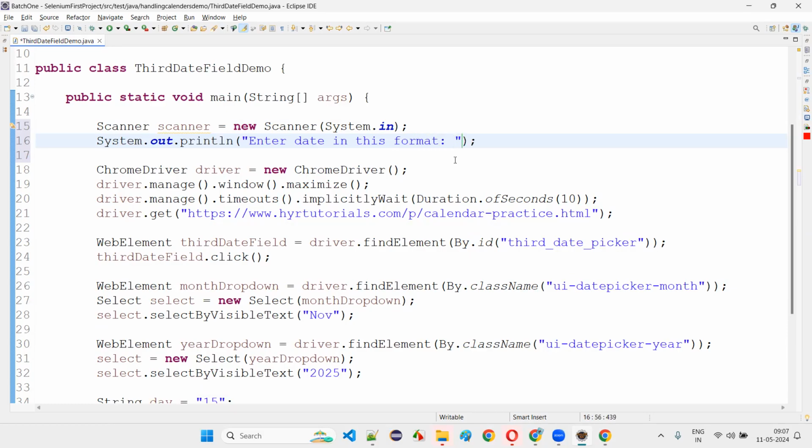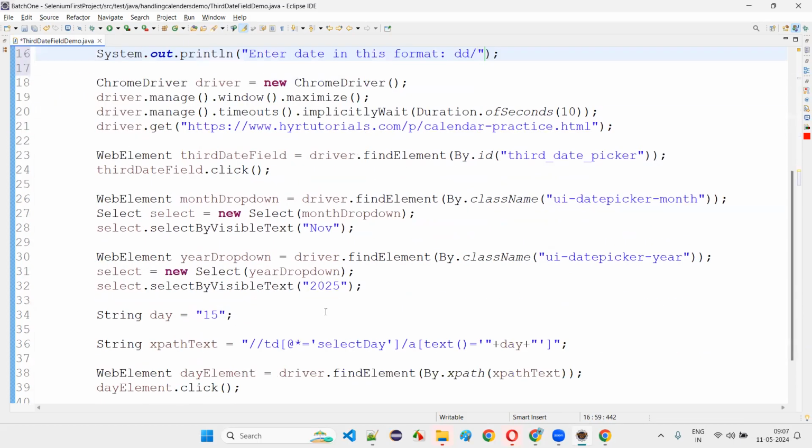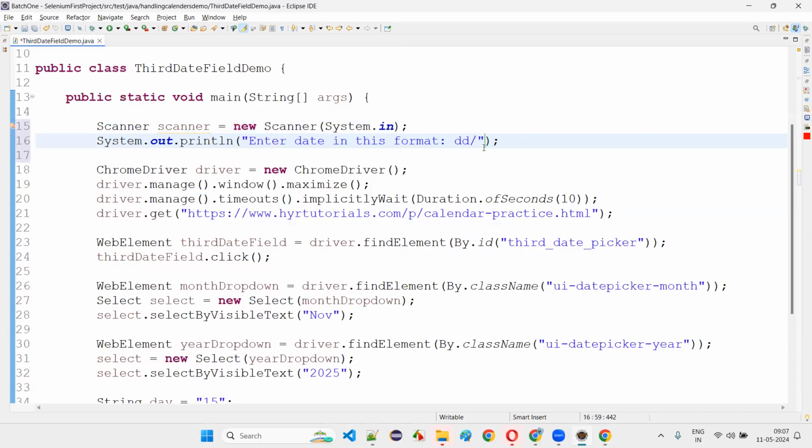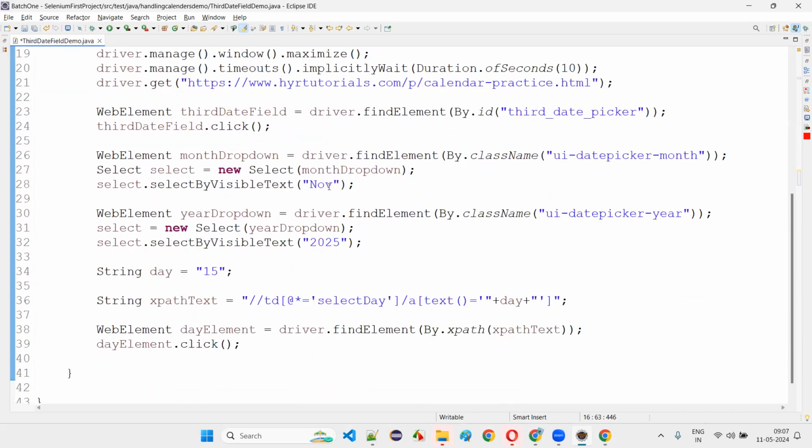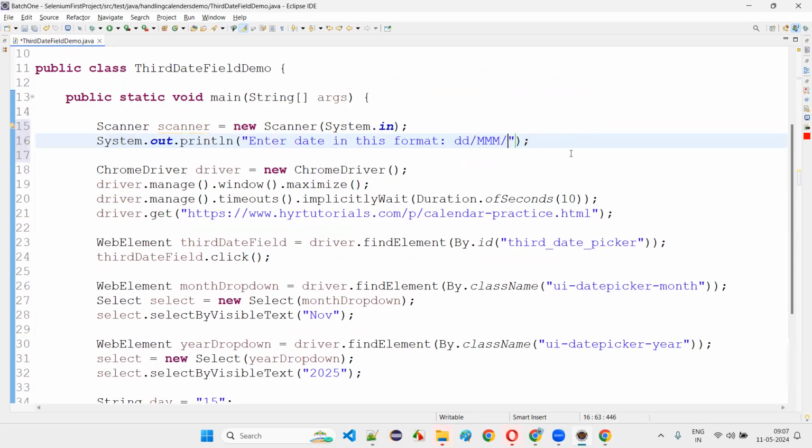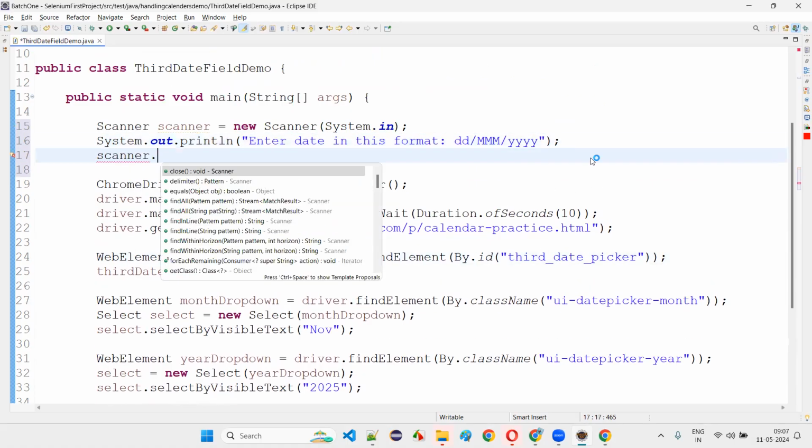What is the format we have to give, guys? We have to give dd, DD is fine. Then MMM, because for November it is not the complete November, it is NOV. That means MMM format we have to give. Here is in this format. That's it. Okay. So here I'll collect the input from the user, scanner dot